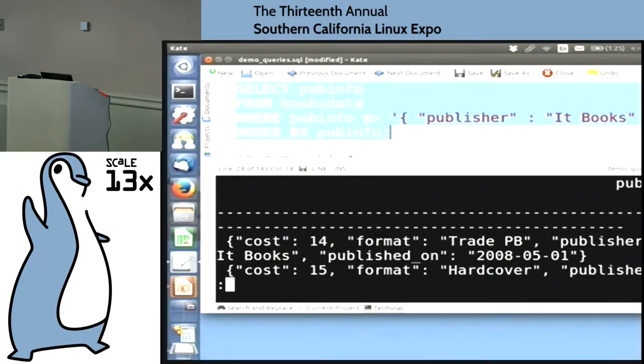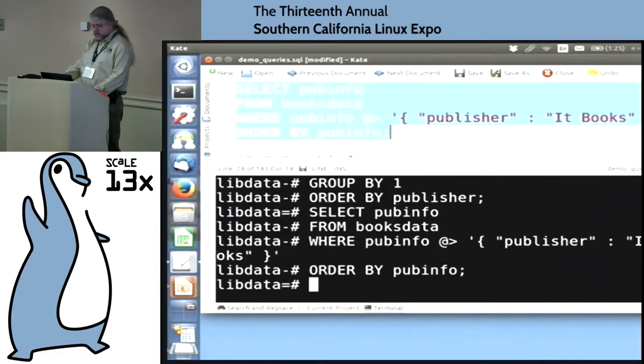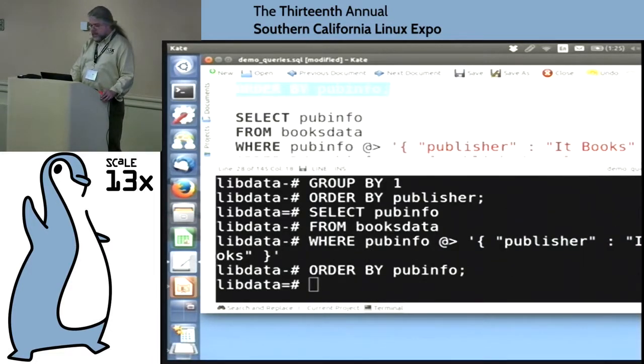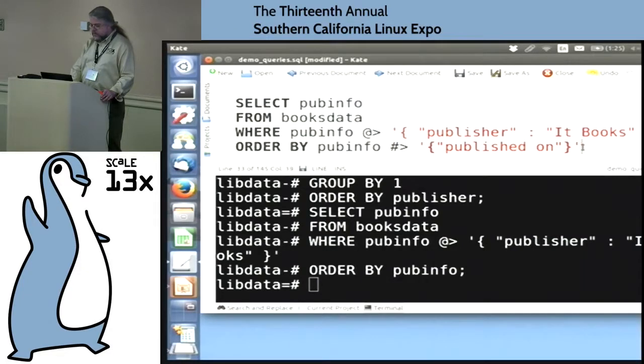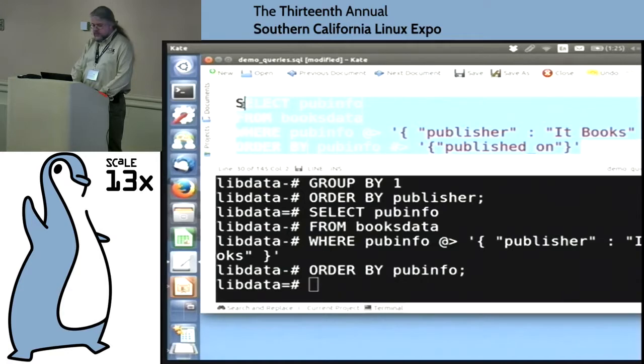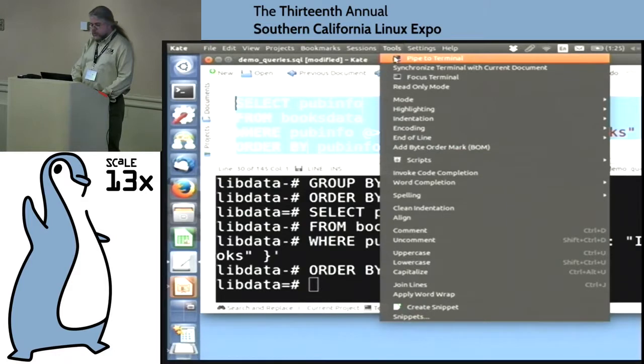And then after it's sorted by key name, it'll sort by value, and it sorts by type of value first. I think it's booleans, then integers, then floats, then strings, but I'm not sure it's exactly that order. And then it sorts by the value, like right here. Now, sorting just by the whole blob sort of randomly is not that good, because really what we're ending up doing is sorting by cost, and then format. So let's actually extract one of the JSON values and sort by that, which would be a little bit more useful.